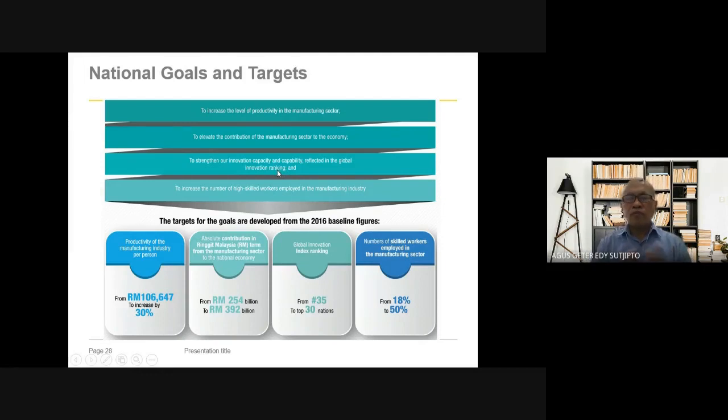Of course, we have the infrastructure, we have the drivers, so it is very welcome to adopt the Industrial Revolution 4.0 in order to increase our competitive advantage globally and regionally. Okay, and this is the allocation of budget.